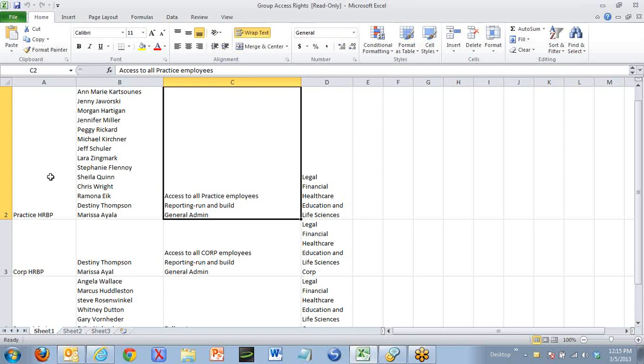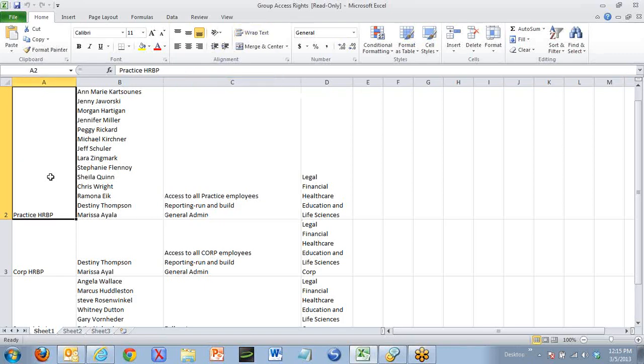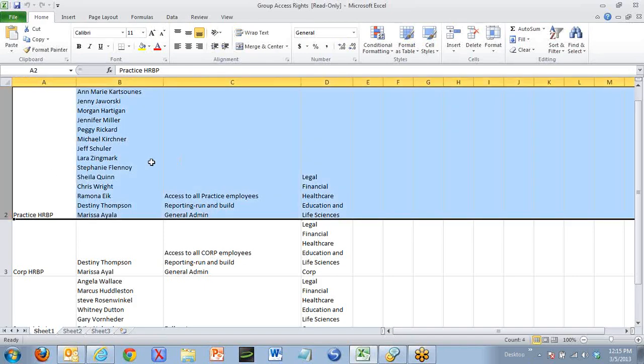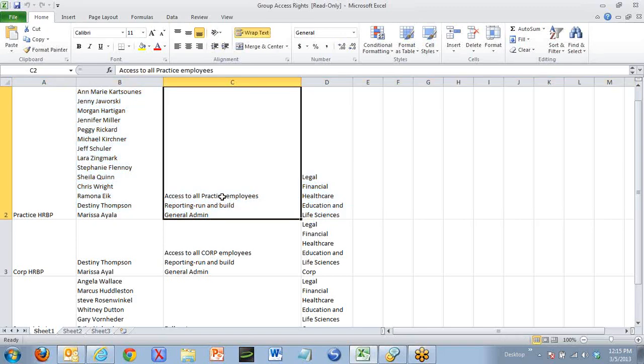Is this a group, but then on row 5, I think, is the access that I want this group to have. You're going to set this group up with the access from the general admin. Is that what you're walking through? Or you're just going to show us how to? I'm going to show you how to create the group. Yep. Then I'm going to show you how to give the permissions to that group. Okay, so then